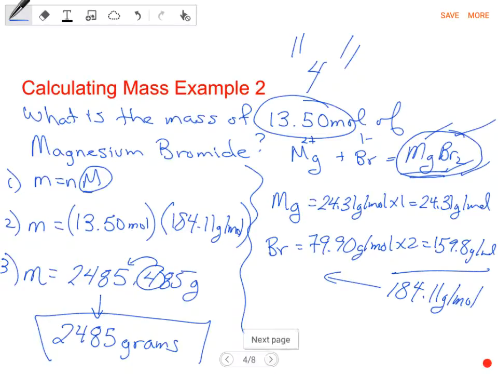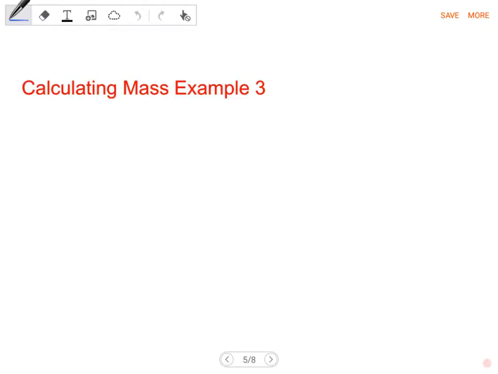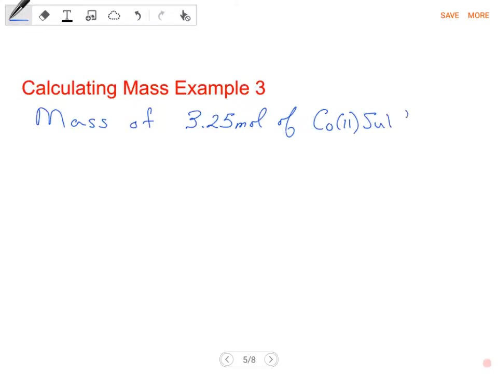We could do one more. Let's see if we can go all out on this one. Let's do mass of, let's say, 3.25 moles of, let's just go with, cobalt(II) sulfate. All right, so